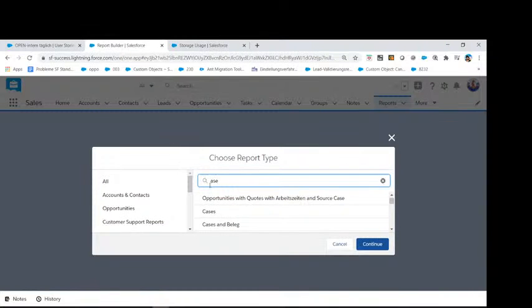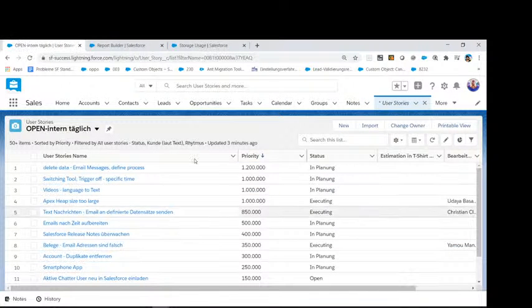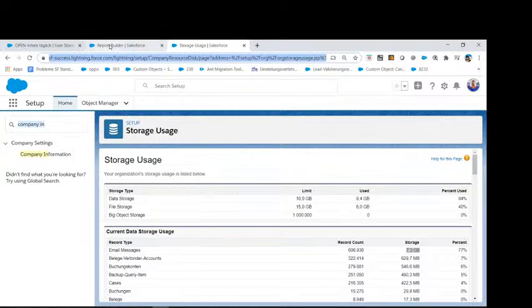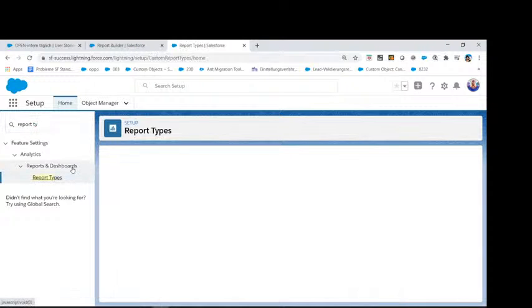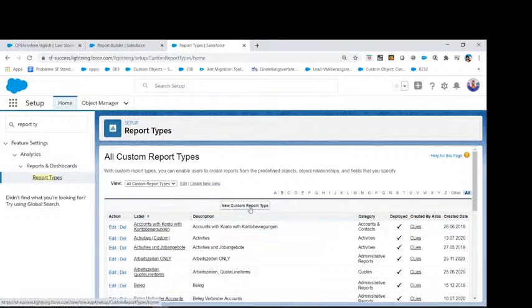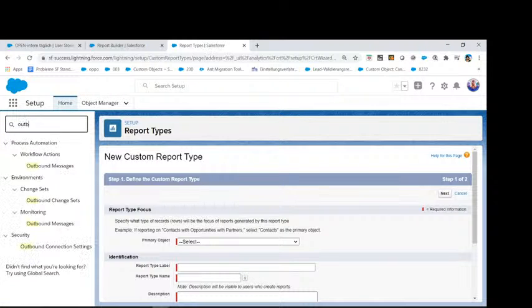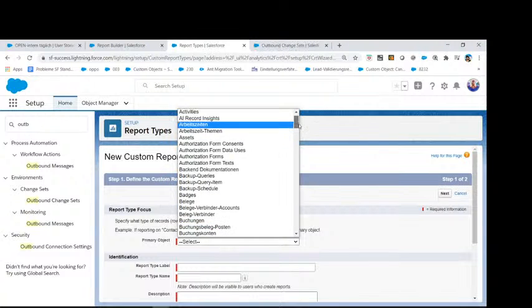I really don't learn it by heart. I will just figure it out on the way. And so the tool should be built also because it's saving just time, and you don't need to go into documentation or something, and that's pretty worth it. So what we're gonna do, we're gonna go for the report types. The report types are gonna go here, and the report type should be put again, and in the meanwhile I will go for the outbound change set because I will just put in what I've done in the system.